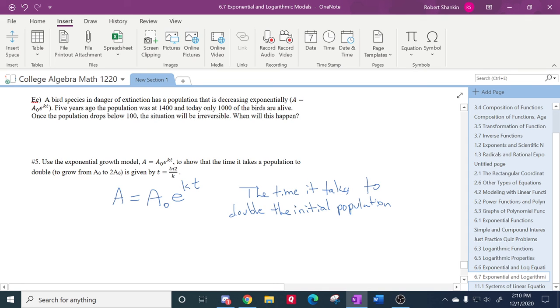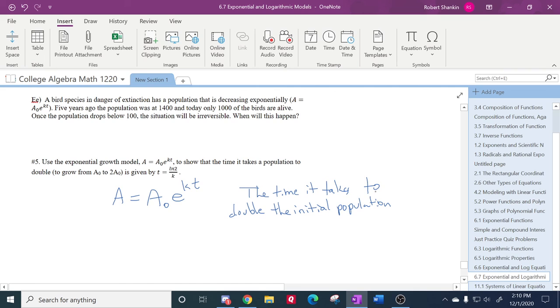For all exponential functions it is a constant. No matter what the exponential function was, the doubling time is always the same inside of one specific application. So the time it takes to double the initial population, we don't know what it is, but